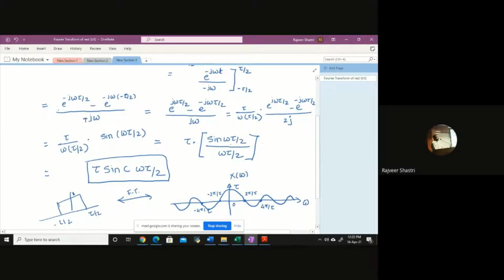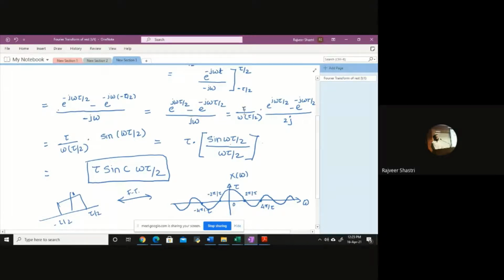So if I multiply by this minus sign here, this will become minus e to the power minus j omega tau by 2, and that minus minus will become plus. So I write this plus term first: e to the power j omega tau by 2, as it will become plus, and minus e to the power minus j omega tau by 2, divided by j omega. So you can see this is similar to sine, and I can write this in terms of sine with a little bit of adjustment. You can check out here.